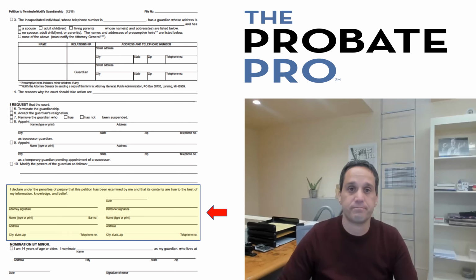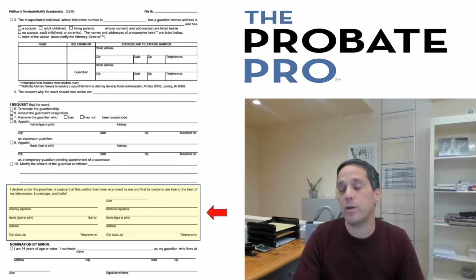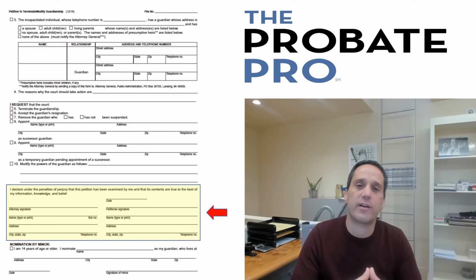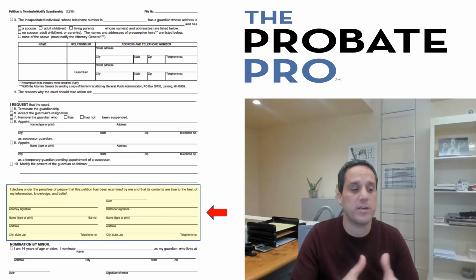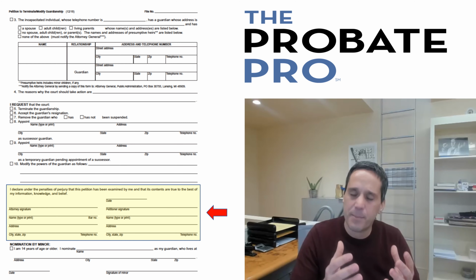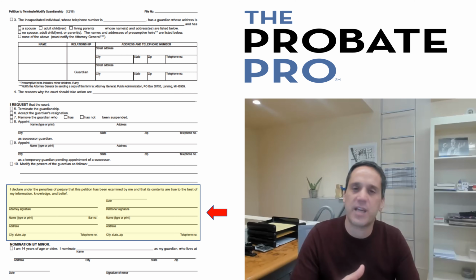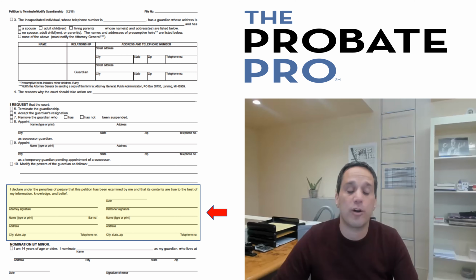the guardian. The next section is important because then on any of these forms, you're declaring under the penalties of perjury that you've examined it and that the information contained within it are true to the best of your information, knowledge, and belief. So it's a penalty of perjury clause, and before you sign an important legal document, make sure you've thought about the contents and that you're confident in standing behind those assertions that you've made within the pleadings themselves. Here, the petitioner is the party that is signing the document, and if there's a lawyer, the lawyer would also sign it.